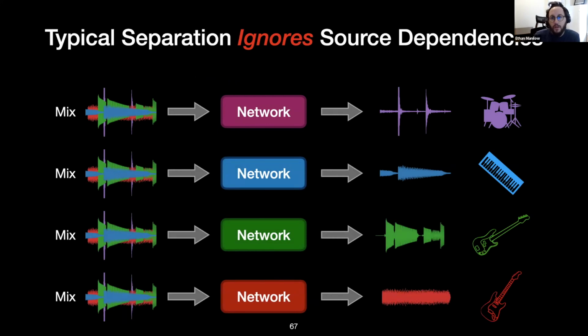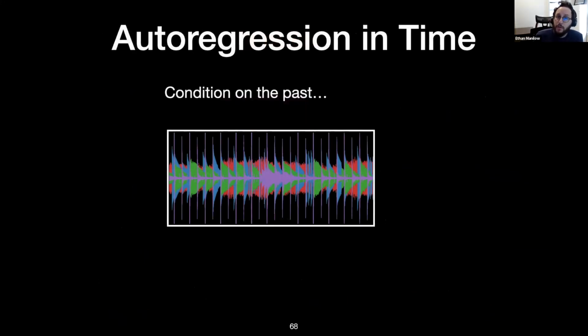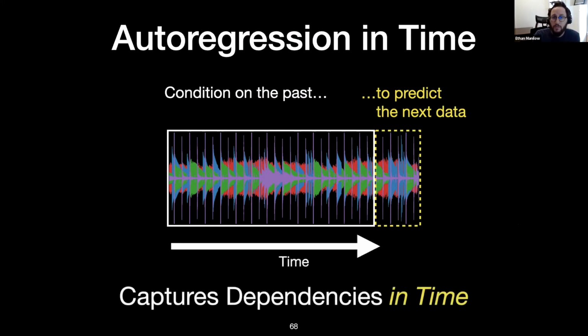But what if we want to model these interdependent sources? Well, let's look again at generative modeling for some inspiration about how we can learn such dependencies. A common technique in generative modeling is autoregression. The way we set up autoregression in audio is typically by conditioning the model on previous time steps when it estimates the next time steps. This is how WaveNets, for example, given information about the past, predict the next audio samples that occur in the future. In this way, the model learns the relationship